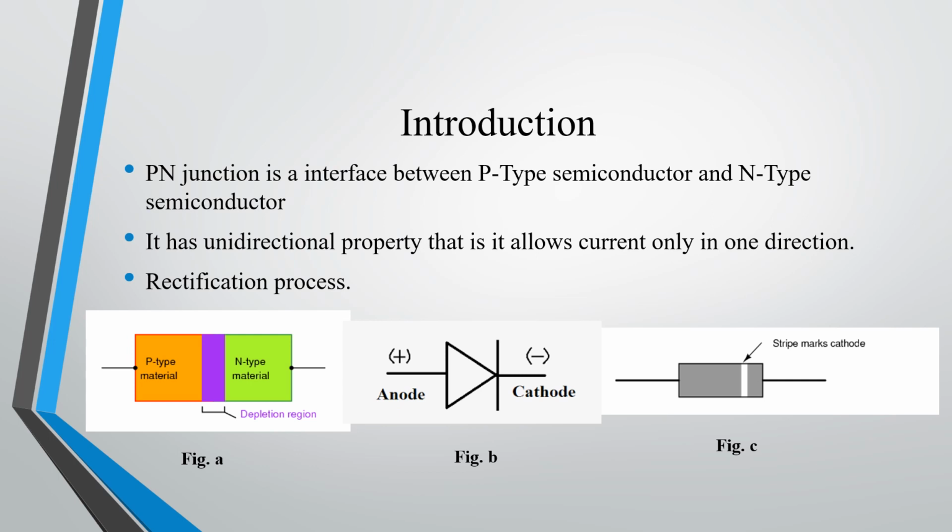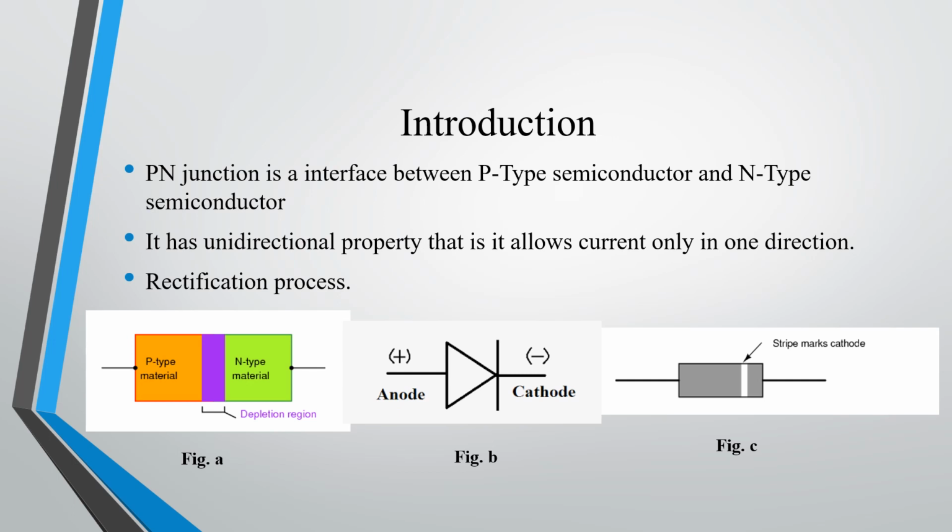This p-type semiconductor and n-type semiconductor, separately or individually, will have only little use. So what we are going to do is sandwich the p-type semiconductor with the n-type semiconductor by some standard techniques to make a useful device known as a diode. When a p-type material is sandwiched with an n-type material, it becomes a useful device known as a diode. When they are sandwiched, it forms a junction which is called a PN junction. So the device can be named a PN junction diode.